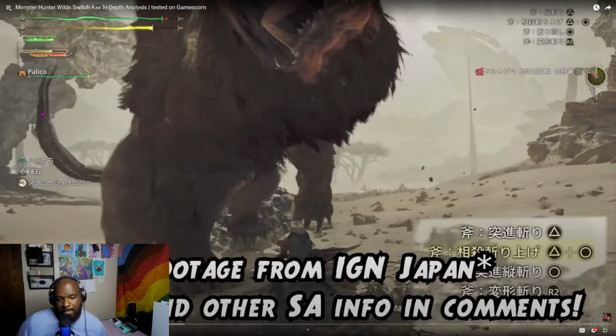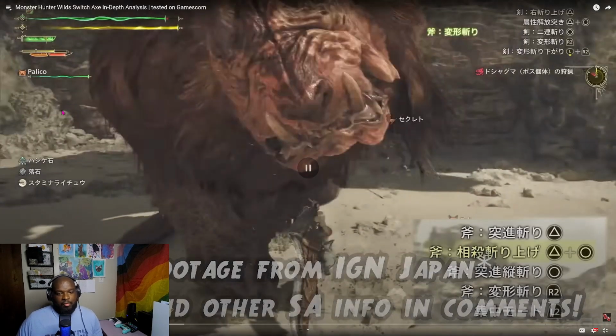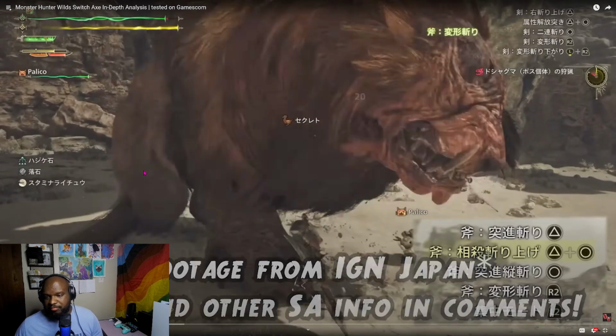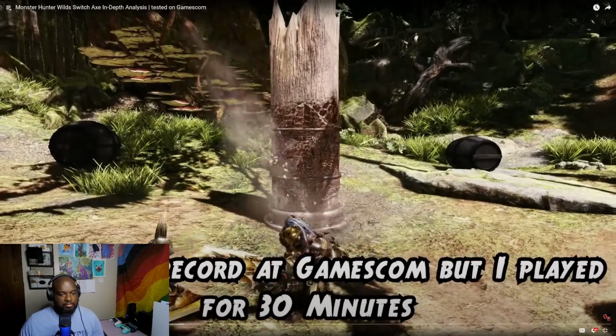Hello everyone, you read the title of the video, so let's get right into it. Let's start with X mode. First off, this game looks phenomenal. It looks like all this gauge is still the same. You have this for axe mode, you have this one for sword mode, so that's not anything different. Looks like they have one palico right now. X mode: almost all chains and moves are the same as Iceborne, except that the animations...